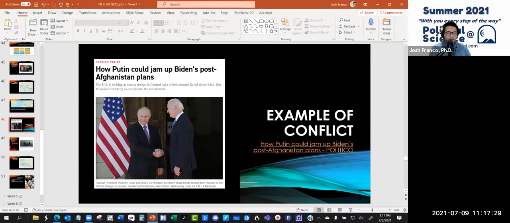And so we see here, the article goes on to describe what Vladimir Putin's interest is in basically not having the United States in the Central Asian region, and how our desire to maintain a presence in the region, given that Afghanistan was a haven for terrorist activities back in the 90s and early 2000s, and how our presence has basically mitigated that. But now that we're withdrawing and ending that war, what it might mean for a resurgence in terrorist activities in that country.